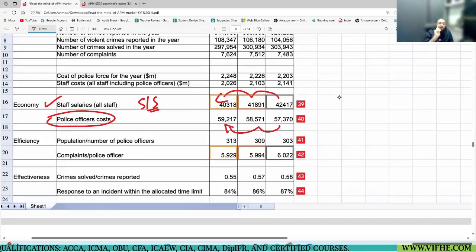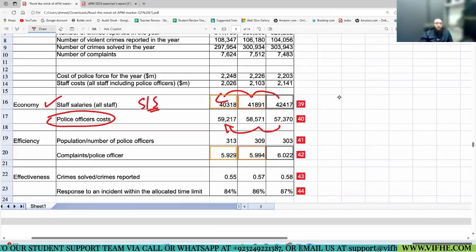Okay. So two things are in my mind. Will he get marks for the definition of economy? Yes. Will he get marks for the calculation done? If the calculation is correct, he will. Will he get marks for the assessment of economy? If that is properly done as per the calculation, yes.